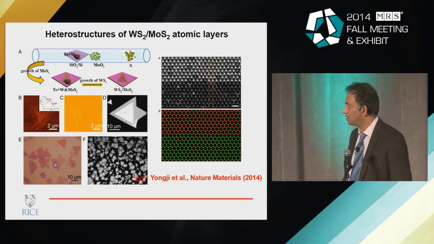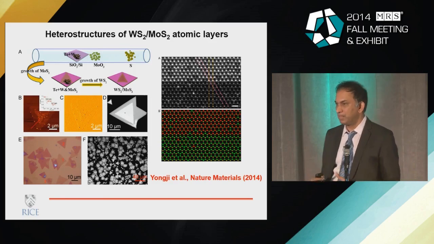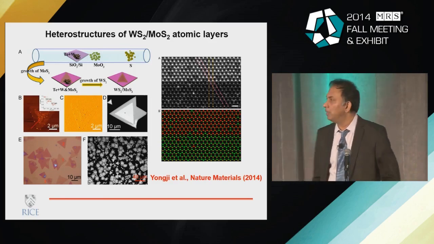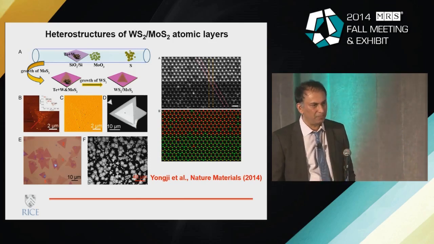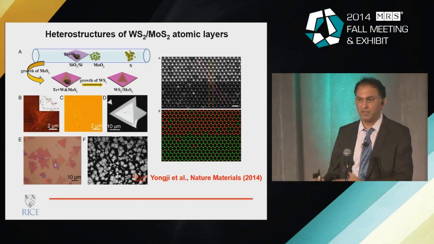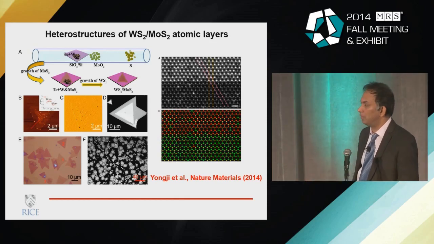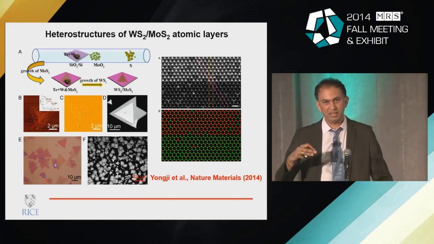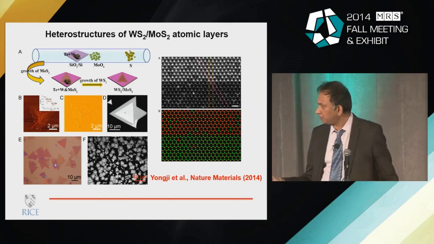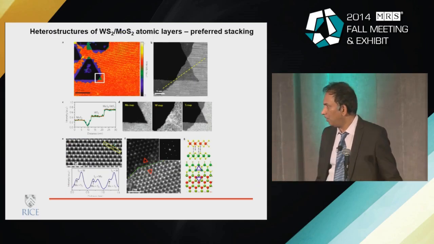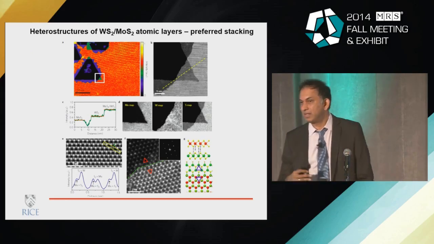And here is an interesting recent example, where we have shown that one could use multiple precursors at the same time to grow these kinds of stacked structures, which have very good, very clean interfaces, and also a very preferred stacking sequence. In this particular case, between molybdenum sulfide and tungsten sulfide, we have a clear 2H stacking when this growth is done at higher temperature. And there is a lot of characterization proving that the stacking is specific. And again, it's very clear.